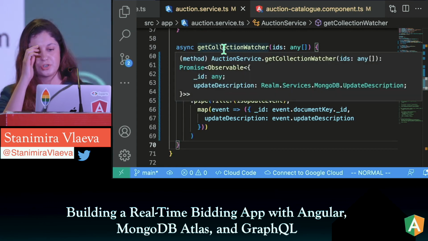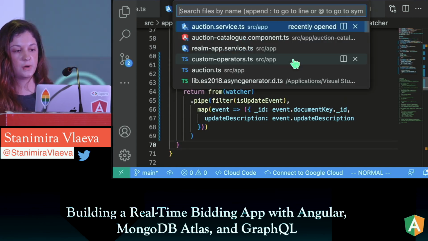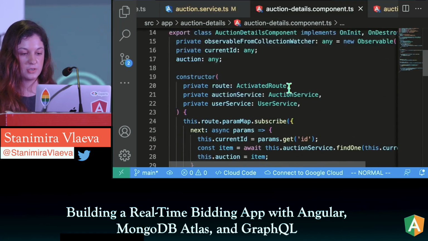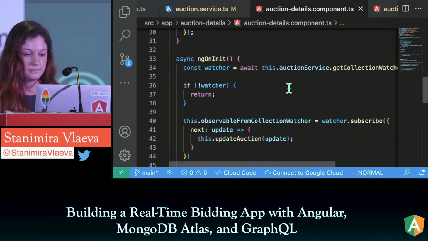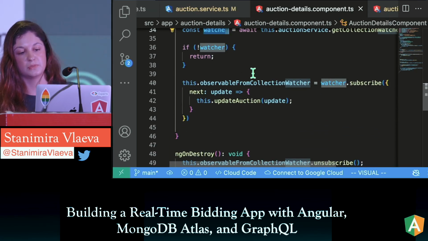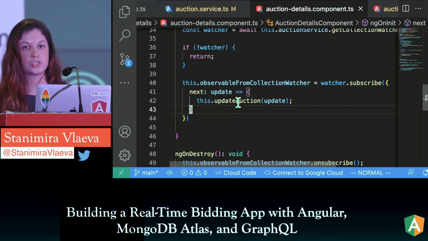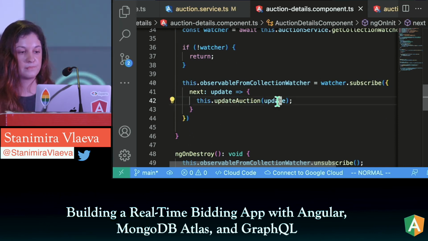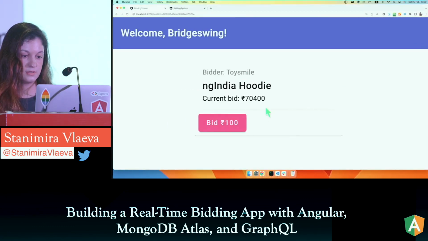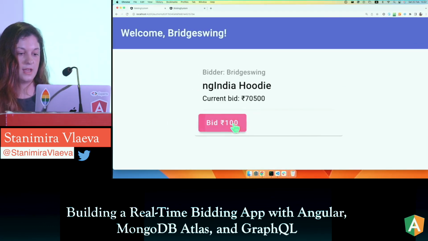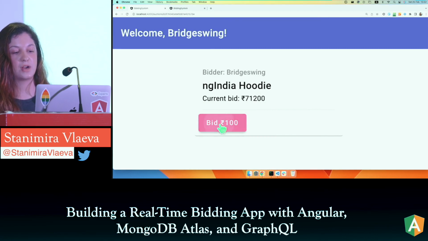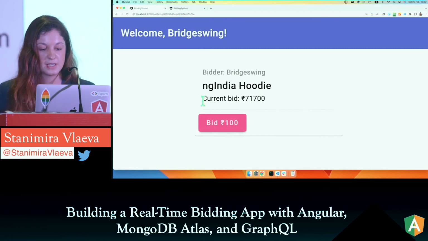I'm using this watcher in a very trivial way in the auction details component. Let's see the auction details. So here we get this watcher, and we subscribe to it, and then we just update the auction when we get an update. Sweet, let's see if that works. So I am now clicking the button and it actually updates this price automatically, which is nice, it works, but